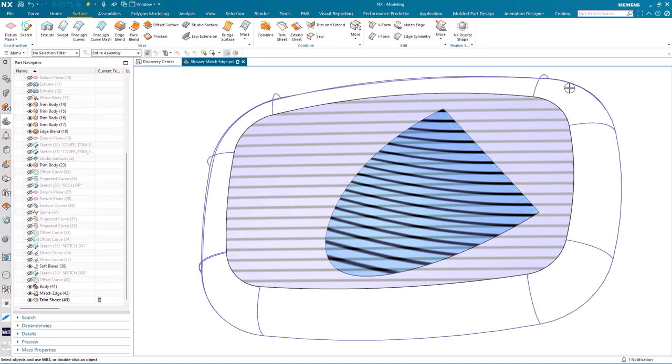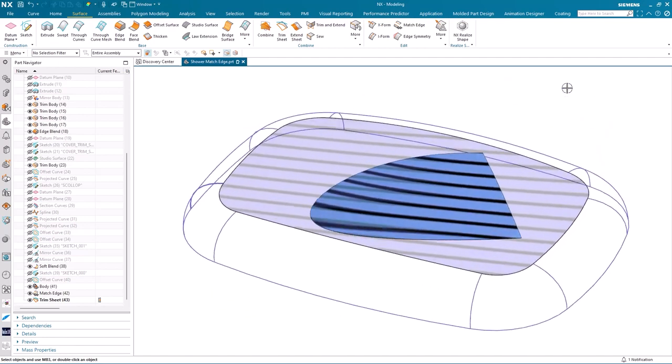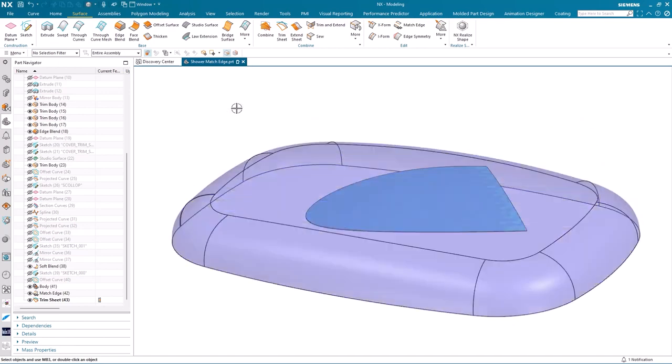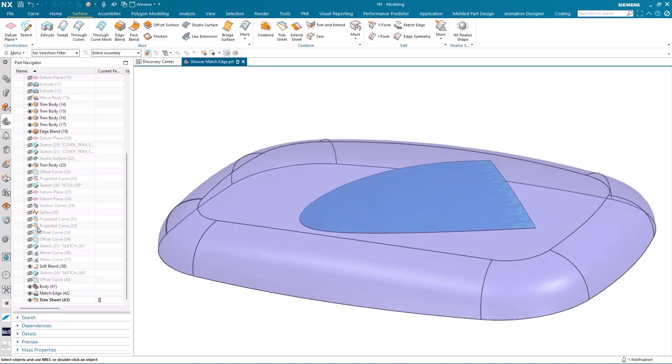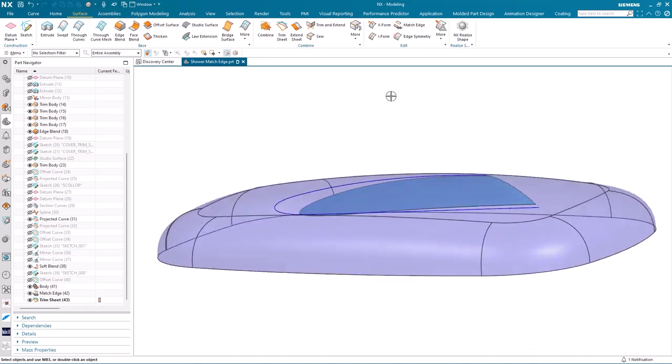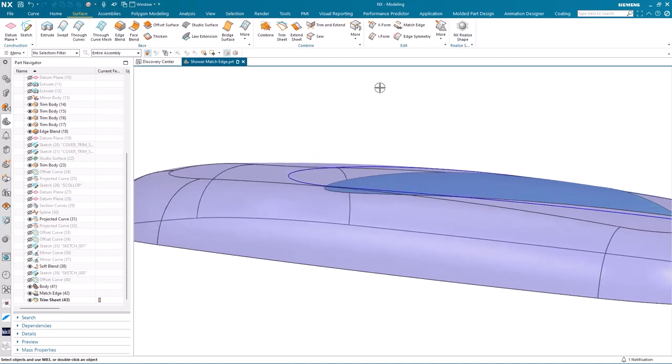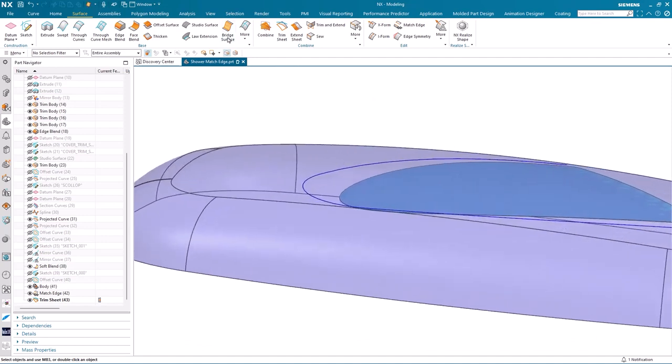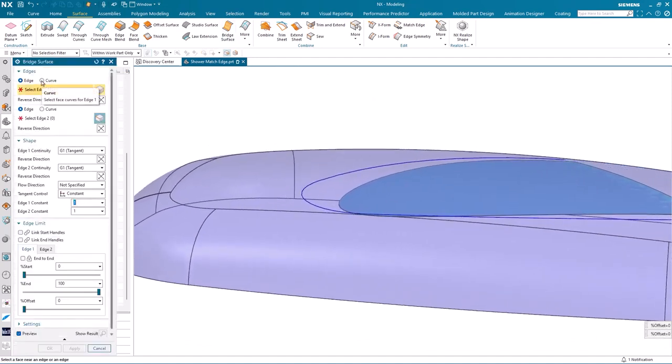Now I need to create the transition surface between the rest of the depression and the top face of the shower cover. And to do that, we're going to use bridge surface. Now I'm going to start the process by bringing back a projected curve that defines the boundary of the transition surface on the top face. So I'll go ahead and activate the bridge surface command,